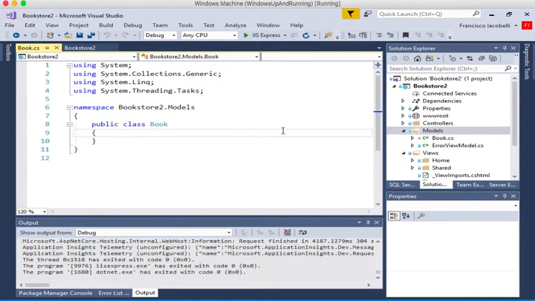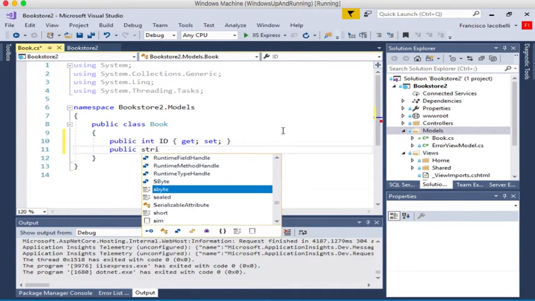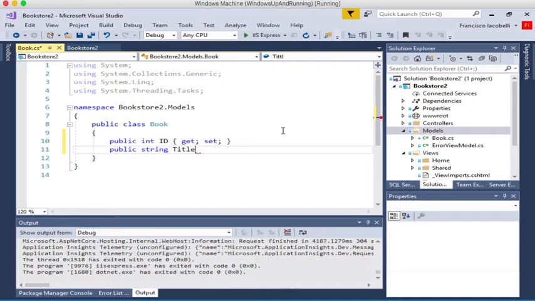And here in my book class, I'm going to create a couple of things. So for example, public int ID, getter and setter, of course, public string title, getter and setter,